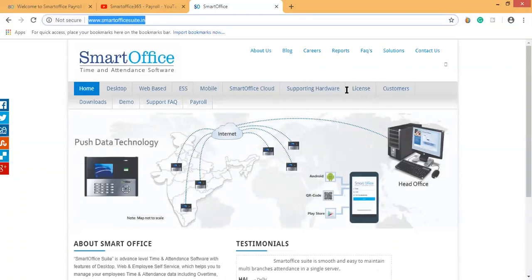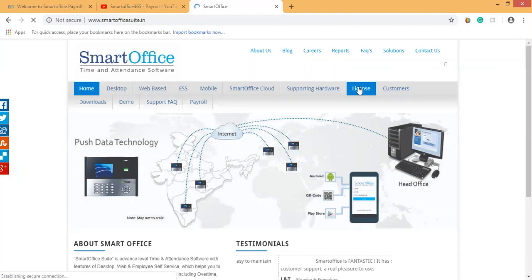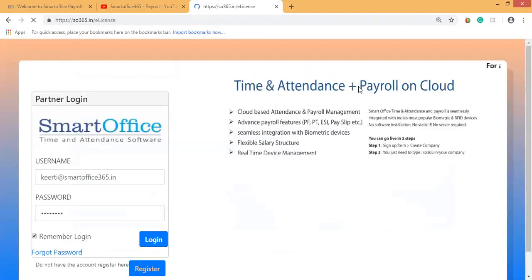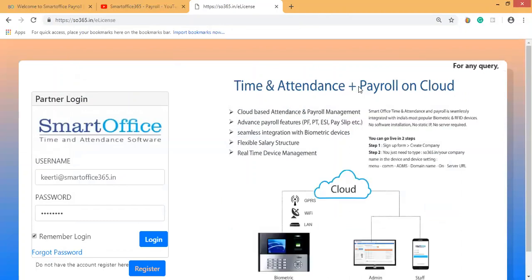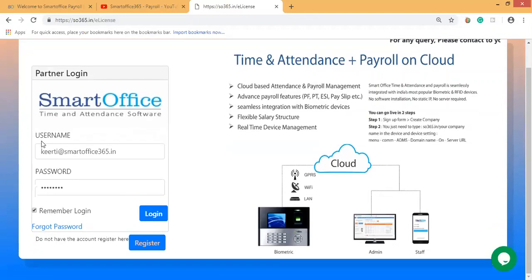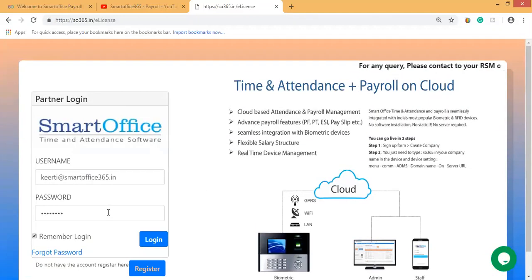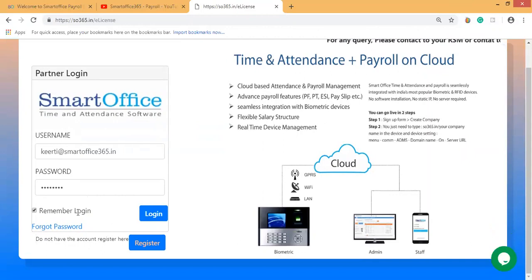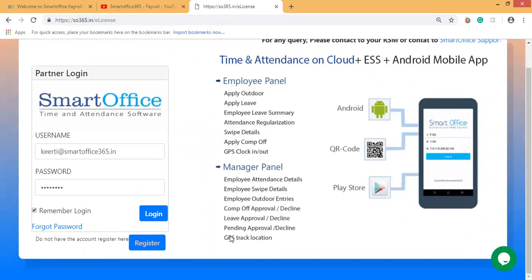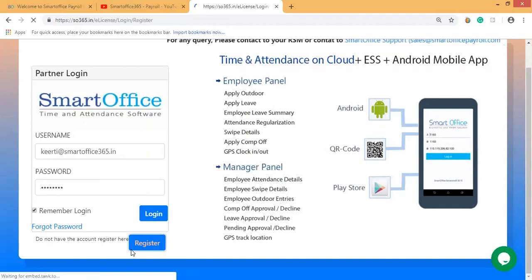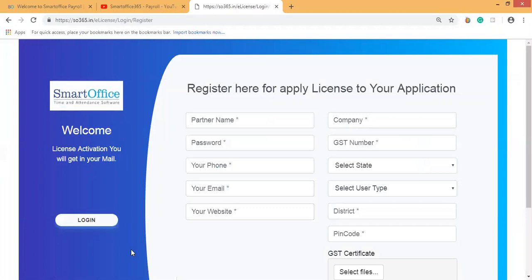This is the website, www.smartofficesuite.in. Here you have a license option. As I'm already a partner, I'll get this login page. If you're not registered yet, even though you are a dealer or a channel partner, just go to register here in the link. Here you will get